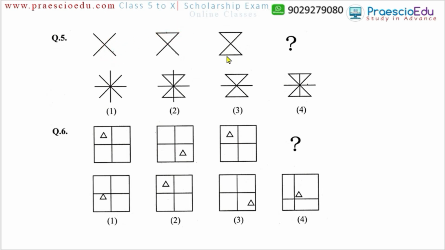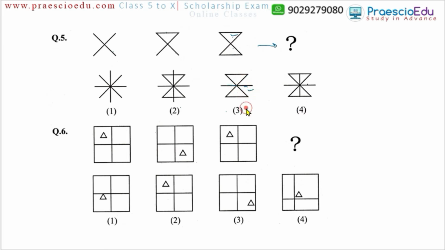So in the next figure one line at the bottom added. Okay, so after this only one line has to be added. So this same figure will be moved here. But only one line. So if you compare options number 2, 3 and 4, our figure is inside that one, but one line should be added. Now here, horizontal one line is there.